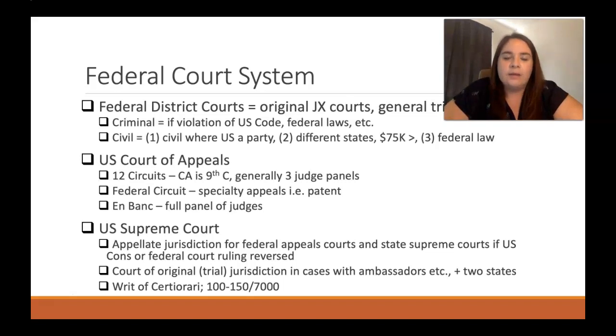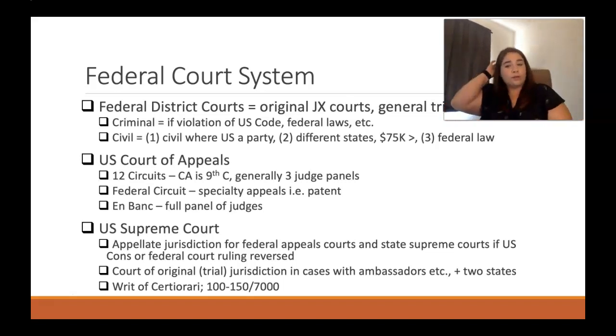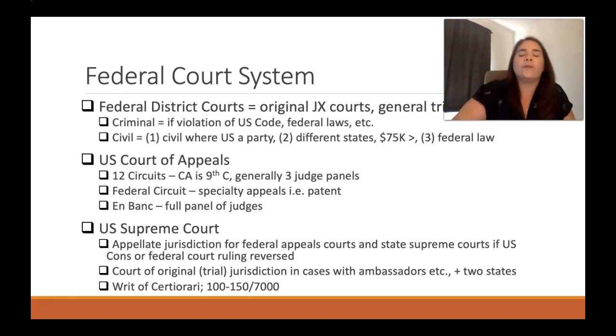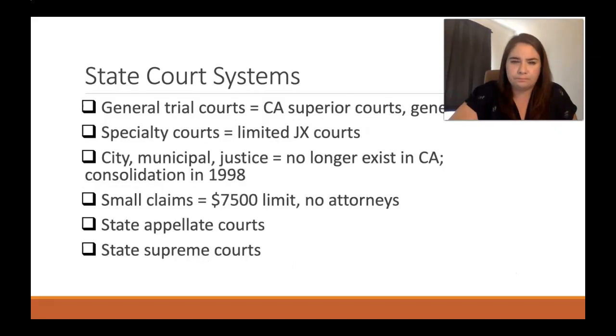It's fascinating. So in order to get to the U.S. Supreme Court, you have to file what's called a writ of certiorari, or you have to appeal, and then they will issue a writ of certiorari granting you permission to be heard in the United States Supreme Court. It's real hard to get there. They get over 7,000 requests for review, and they will take less than 150 every year. So your case better be pretty darn important to get all the way up there.